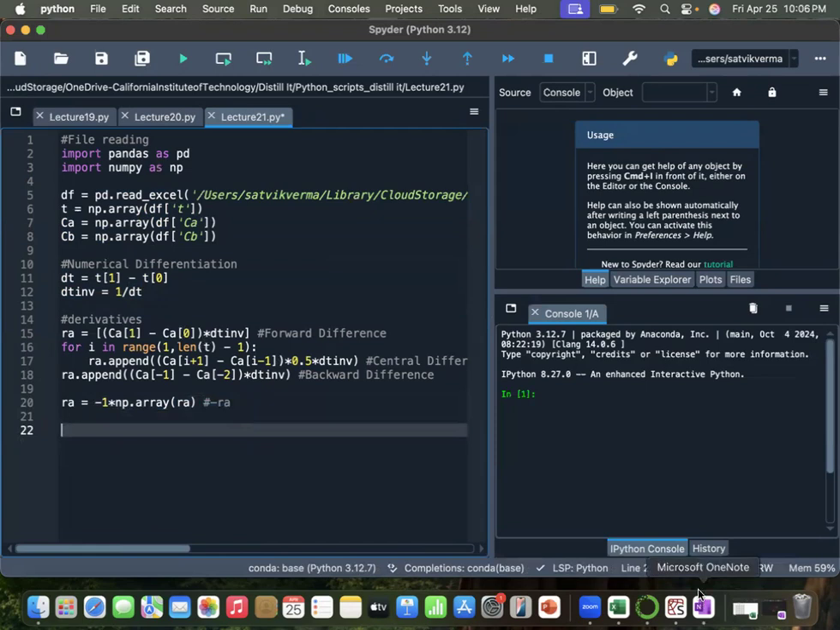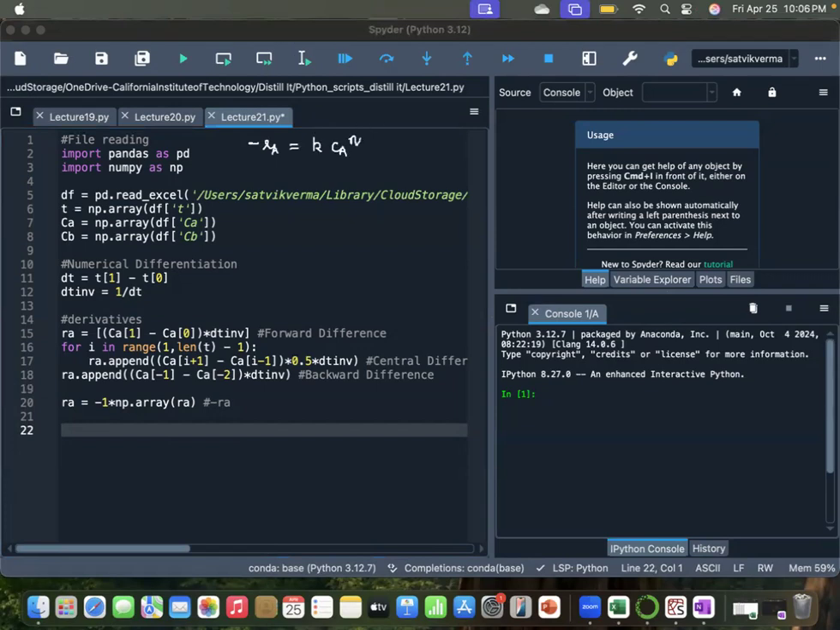Now, since the rate of our reaction is of the form minus RA equals K Ca to the power n Cb to the power m, in order to convert this into a multiple linear regression sort of problem, we'll take a logarithm on both sides. So my ln of minus RA is equal to ln K plus n ln Ca plus m ln Cb,